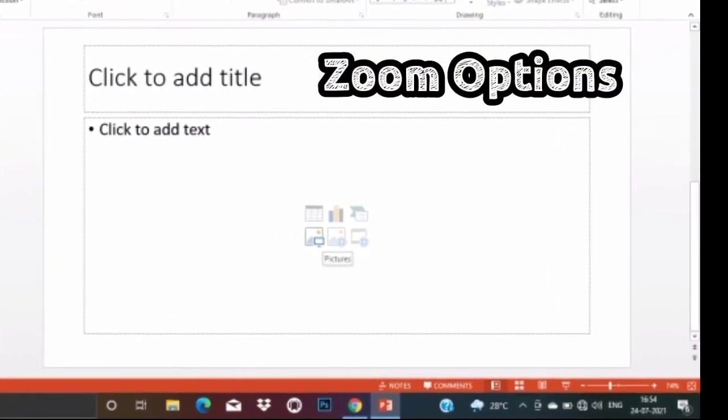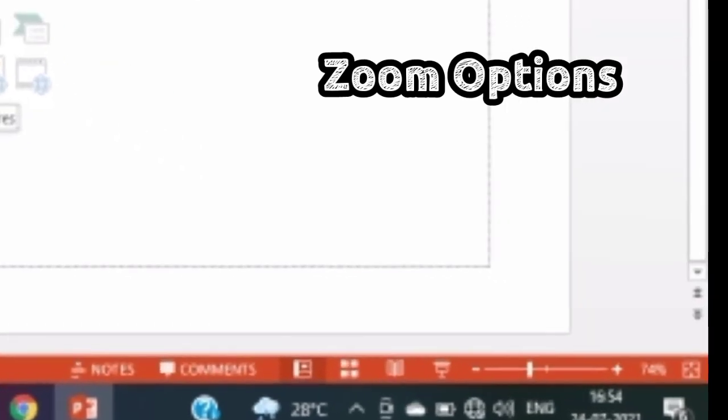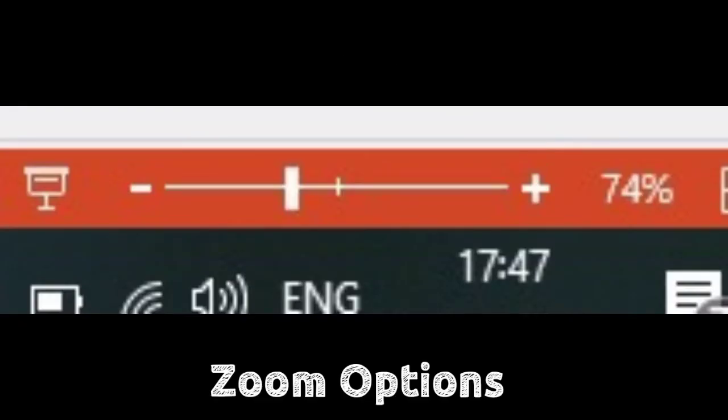Zoom options. The zoom control lets you zoom in for a closer look at your text. The zoom control consists of a slider that you can slide left or right to zoom in or out. You can click on the minus and plus buttons to increase or decrease the zoom factor. The maximum zoom supported by PowerPoint is 400%, and 100% is indicated by the mark in the middle.